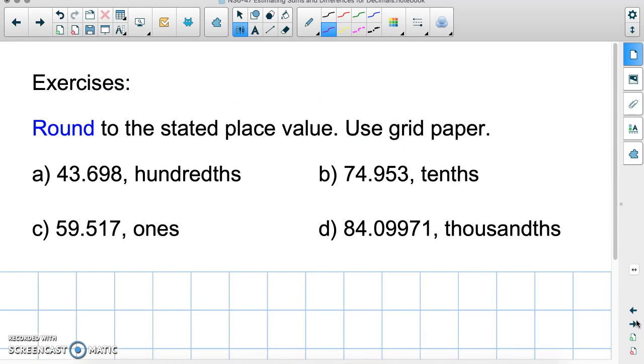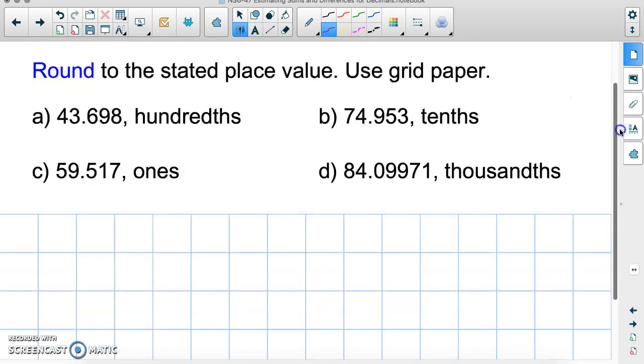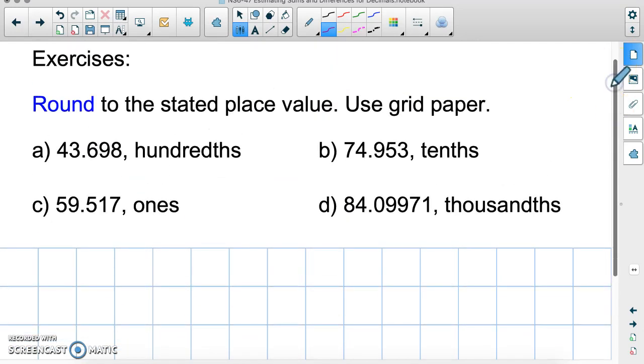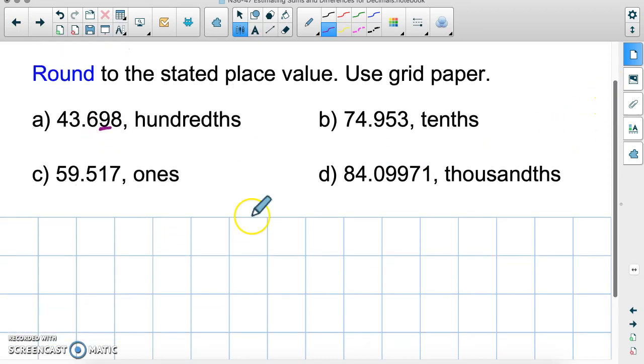So you're going to complete this exercise here, rounding to the stated place value using grid paper. If you need your journals, you can, or you can use your whiteboards if you think you're good at that. So 43.6898, you're rounding to the nearest hundredths. So the hundredths is here. So what you're going to do on your grid paper, you're going to write it in